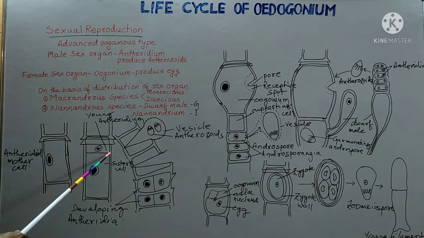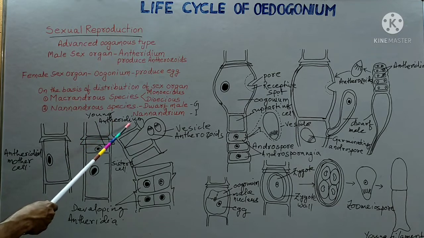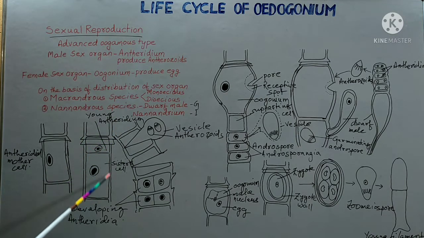This cell divides transversely to form a small cell, that is the young antheridium, and a larger cell that is known as sister cell. The sister cell divides repeatedly to form a number of antheridia,